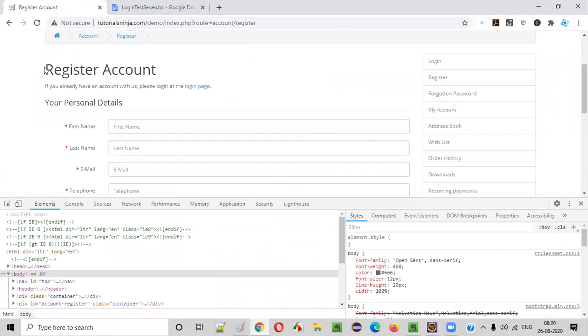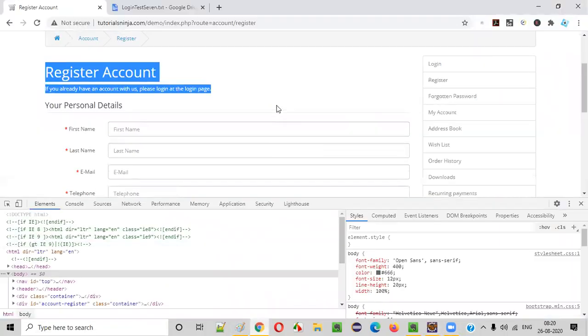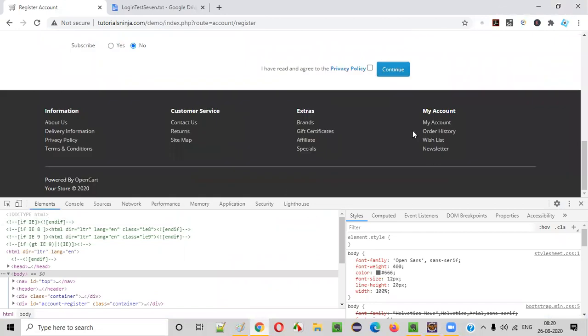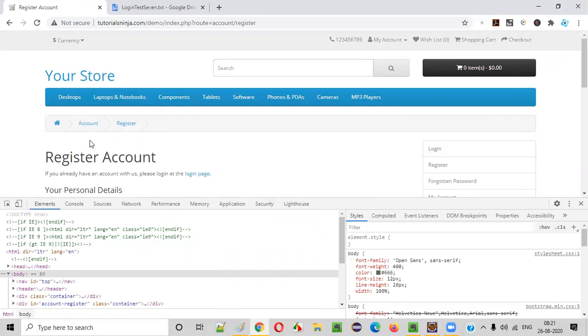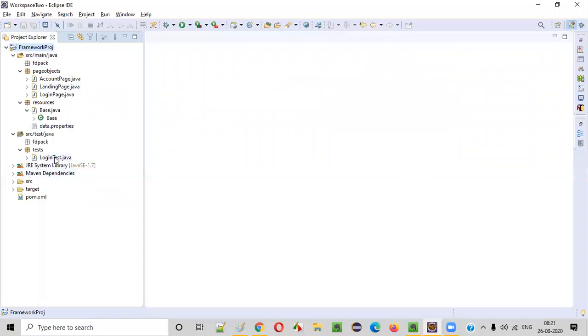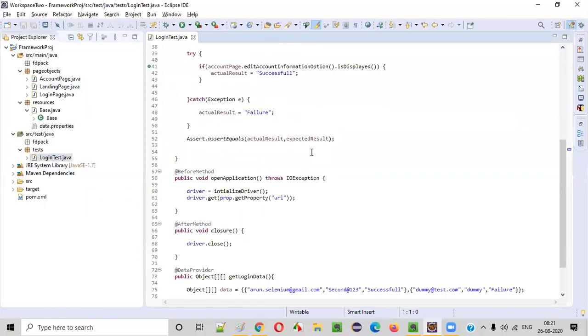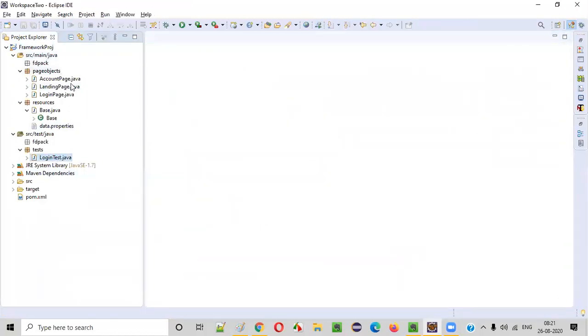If you want to get this framework to the next level, I mean, if you want more test cases in this framework, just try to automate another test case for the registration. Try to enter the credentials and see whether you're able to register or not. Like that, you can take one test case or any number of test cases, it's not a problem. But as part of this framework, I am going to only automate this particular login test. I'm not going to automate more scenarios for you. You know how to create these classes and all those things, so based on your requirement, you can keep on automating.